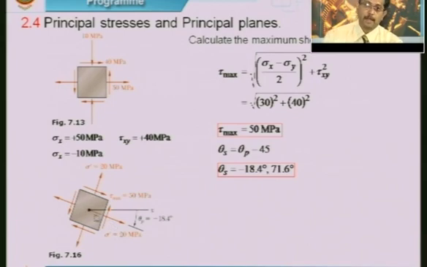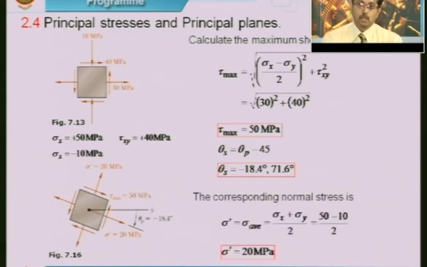The corresponding shearing stress value is this tau max, which is 50 megapascal. Now, next, to find out what would be the normal stress acting on these planes, that would be the average stress value,